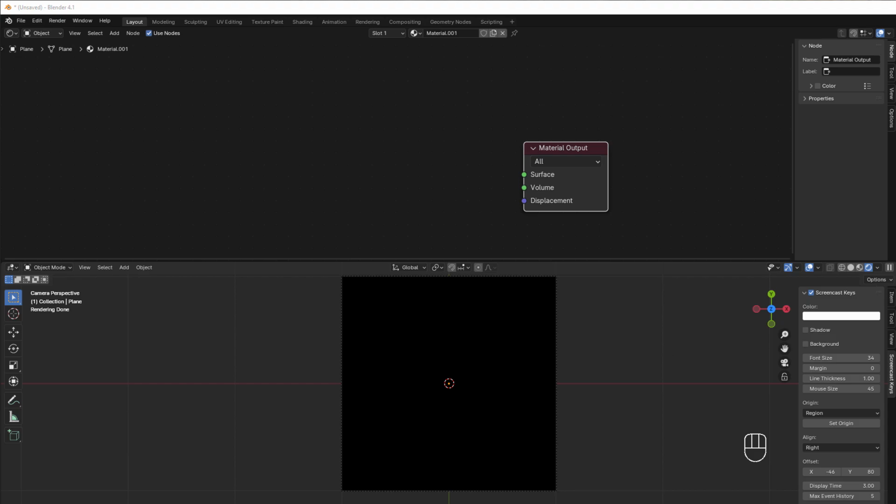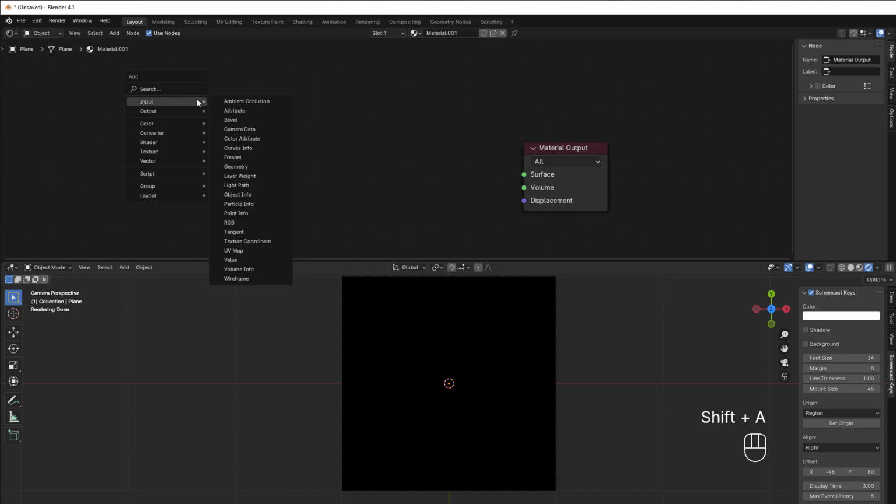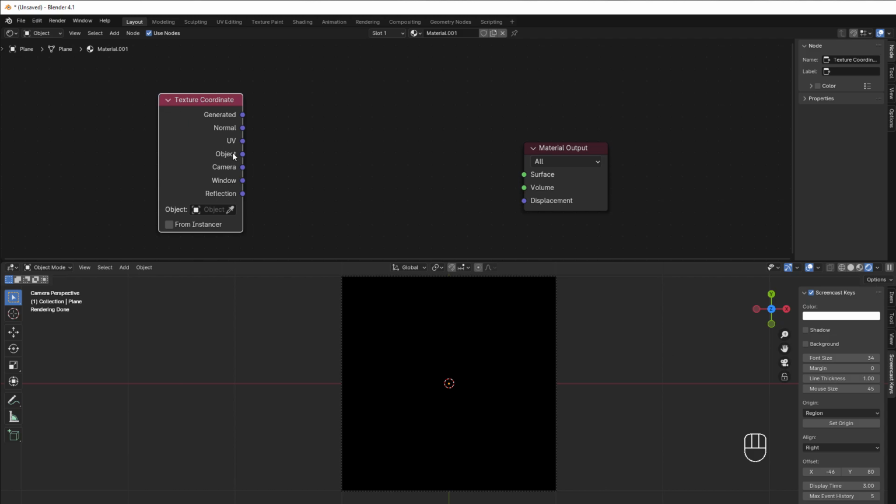In the last chapter I mentioned sine, and then I was thinking that I have not shown how cosine and sine work and the power you can have from using them. So I will do just a few very simple examples just so you get a grasp of how you can use this cosine. So I start with a simple texture coordinate, so Shift A, input, a texture coordinate, and then